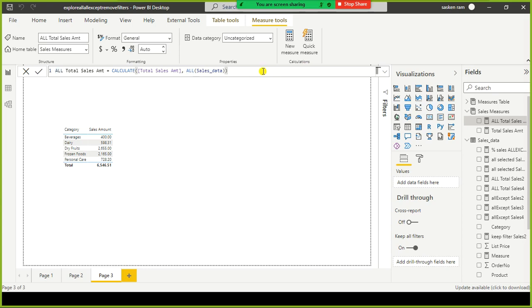Next, I create another measure to compute the percentages. I go ahead here and create another measure.